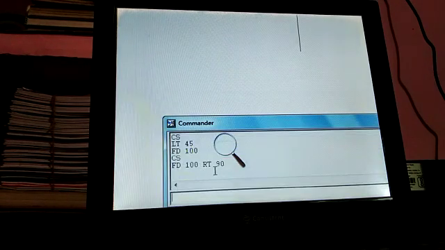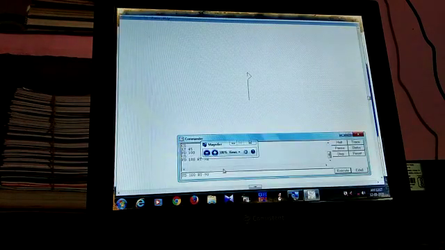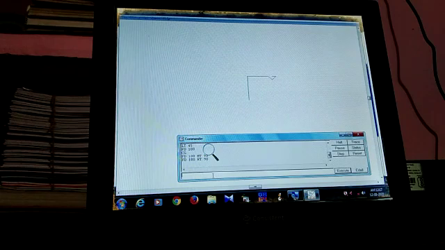Again click on the commander window, then press the enter key. Look at the commander window, click on it, again press the enter key.